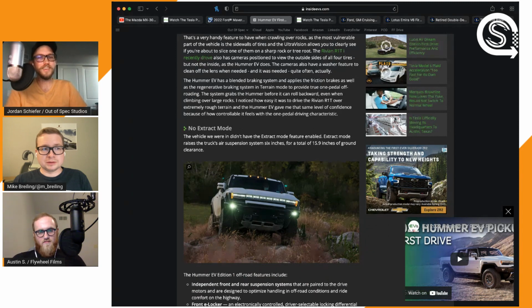And what's funny is I think more people are going to use extract mode to show their neighbors how easily they can get in and out of their crazy driveways than they will off-road. But it's really cool that it can do that. Probably temporarily, probably to a really limited speed. I'm sure we'll test that once we do get a spec with